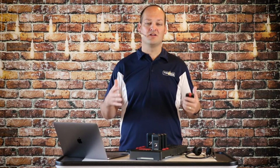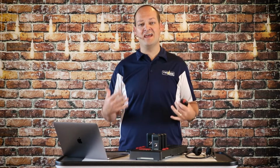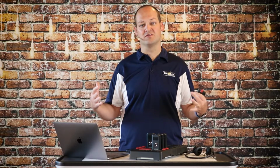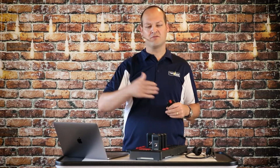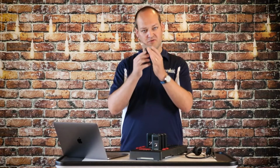There are an unlimited number of receivers that can operate in the same group, and up to 10 different groups can operate within the same room. This makes it really easy to split your tour up or your training and operate in different groups. And if somebody needs to bounce from one to the other, well, that's as simple as pairing them to that group. And to add to that flexibility, any one of these transceivers can be turned into a leader unit just by adding